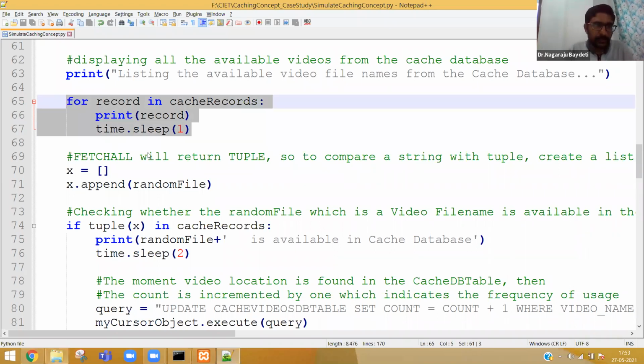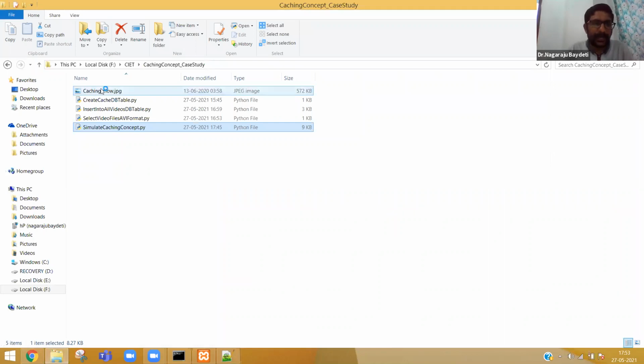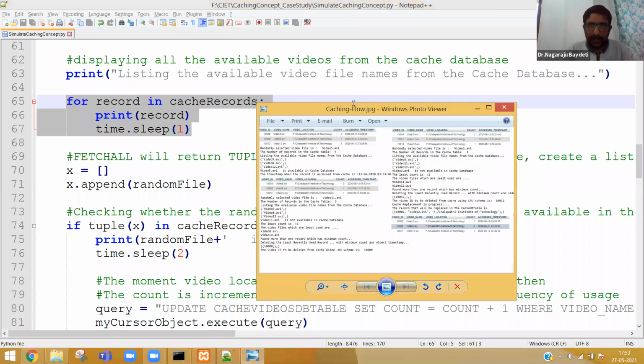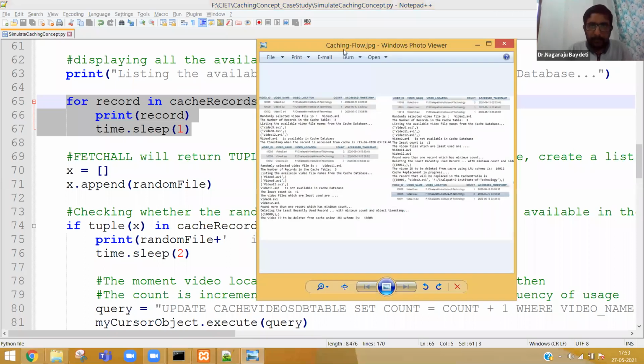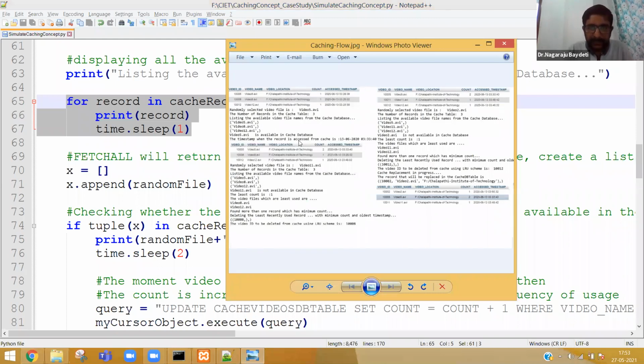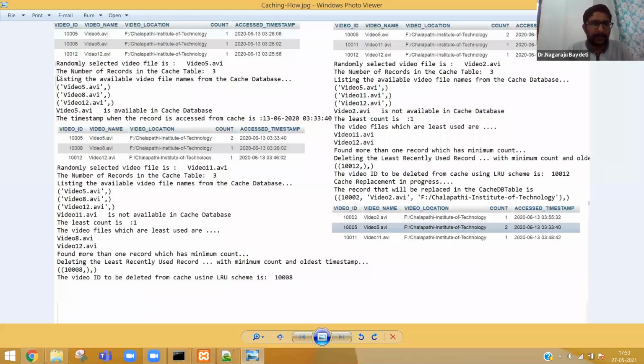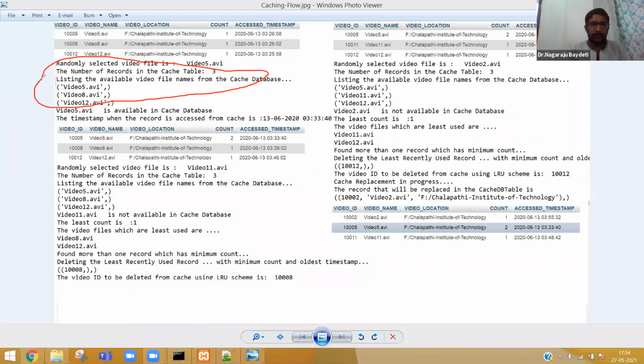Let me show you the screenshot so that you will understand what this code is doing. Everybody observe, my program is printing, listing the available video file names. This is the part of the code I am trying to show you. In this part, we are first displaying record by record in the cache table.